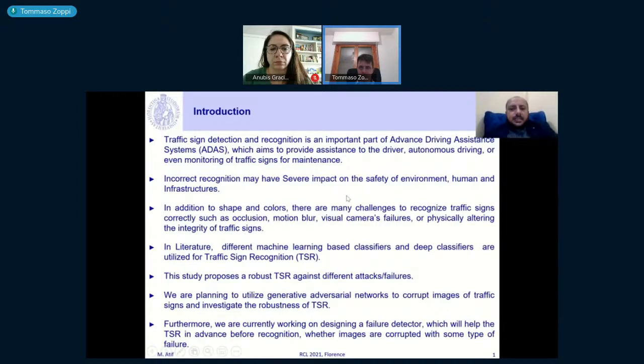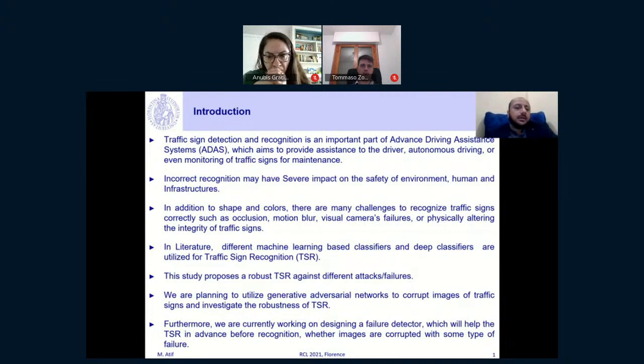Traffic sign detection and recognition is an important part of advanced driving assistance systems. The aim is to provide assistance to the driver. It helps the driver, and it's useful for autonomous driving and even for monitoring traffic signs for the purpose of maintenance. So incorrect recognition may have severe impact on the safety of society,